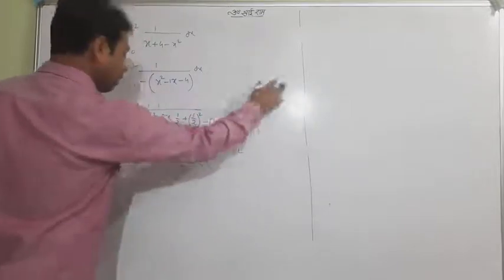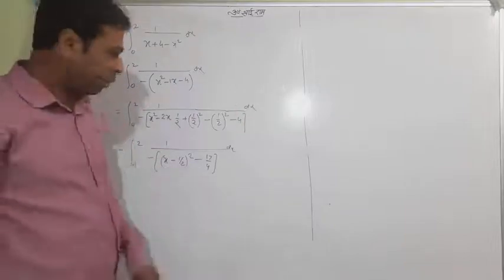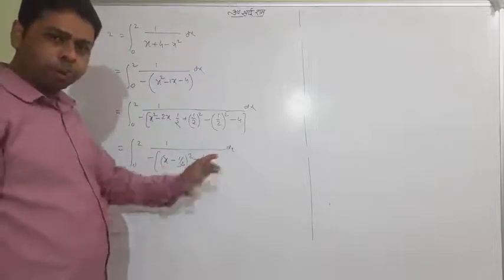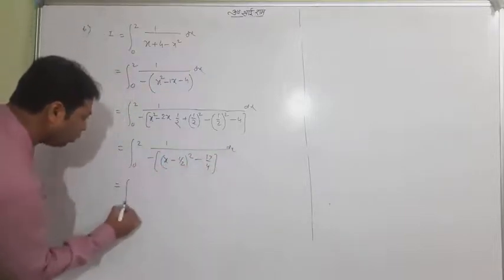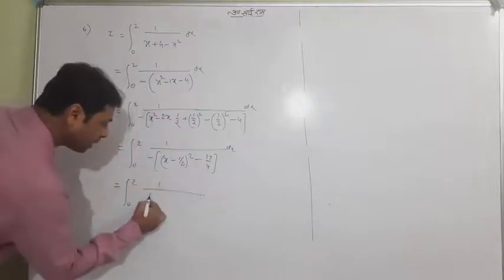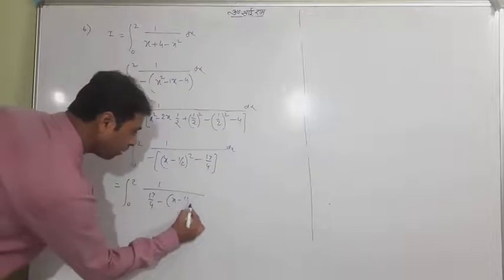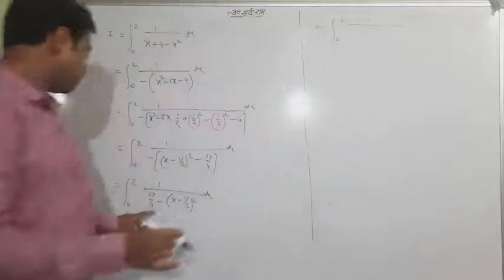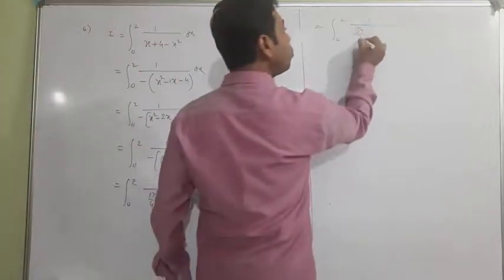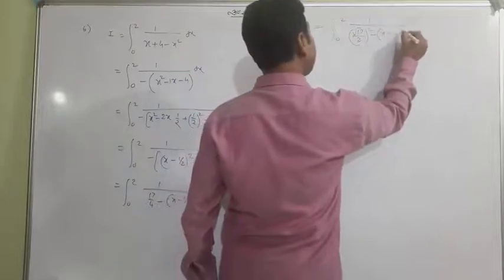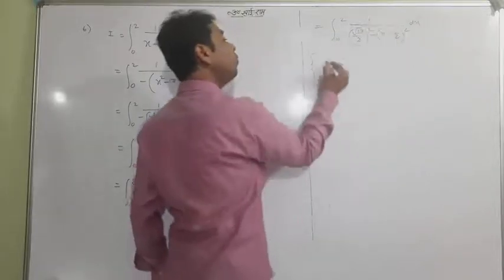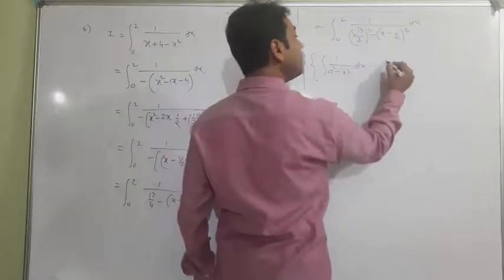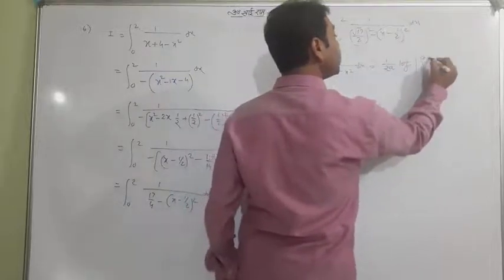What do I do next now? I'll multiply by minus, which is actually not necessary. You can also take minus outside because it is not under the root sign. But okay, if you want to multiply minus inside the bracket, you can. Like this it's going to be 17 by 4 minus x minus 1 by 2 whole square. Now what to do, students? 0 to 2, this is 17 by 4, meaning root 17 upon 2 whole square minus x minus half whole square. This is the formula. What formula are we using? a square minus x square, 1 upon a square minus x square, which is 1 by 2a log a plus x upon a minus x.